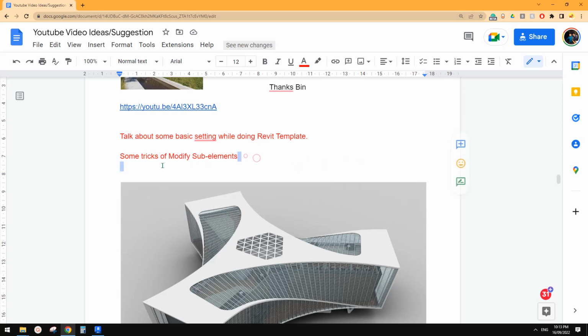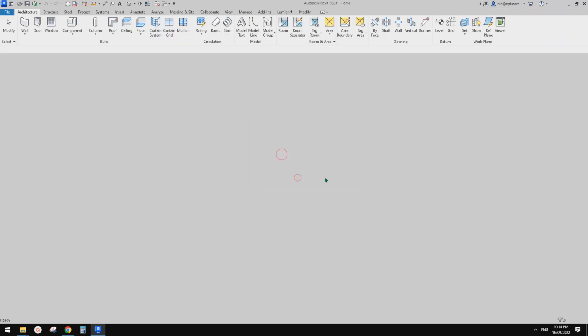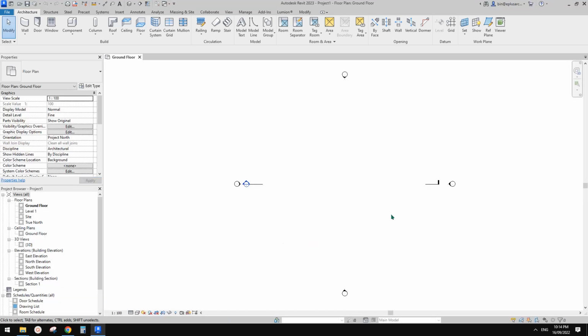Today we are going to talk about some tricks of modify sub-element. Okay, so let's start. First, I'm going to create a project. And I'm going to use a roof to demonstrate this. So basically,